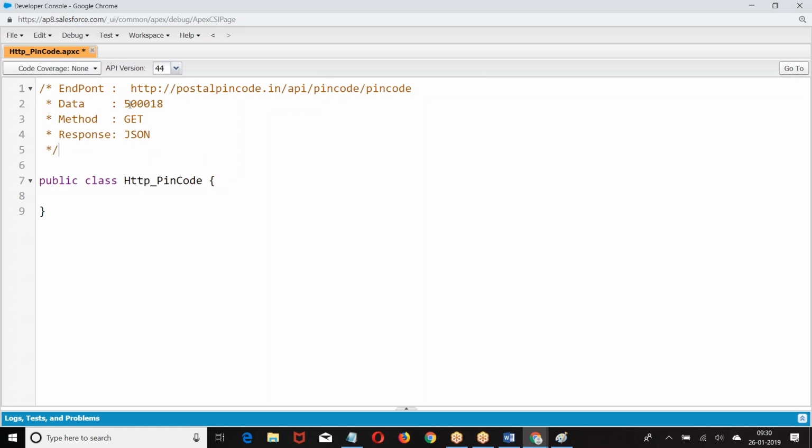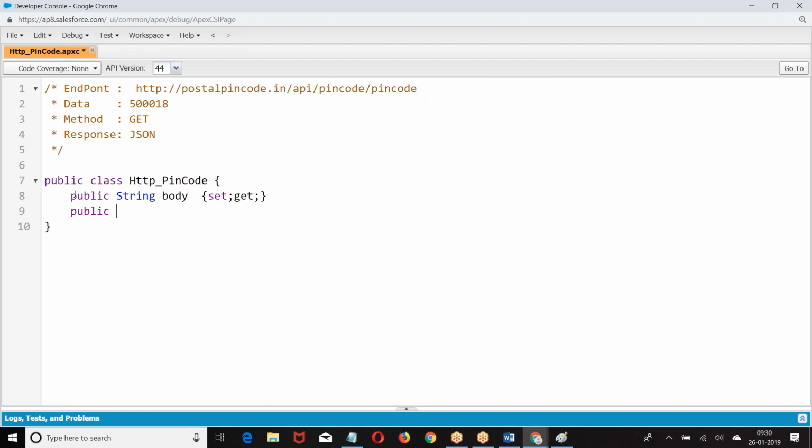This is the endpoint URL. This is the data I have to pass. Method is get, response is JSON. Look at the format. Response body.